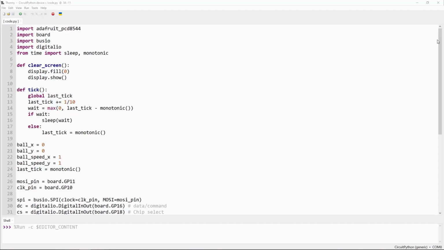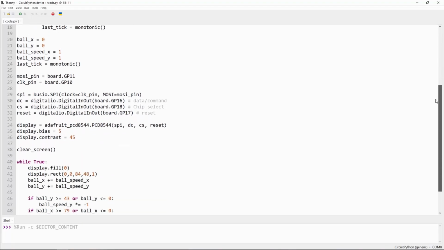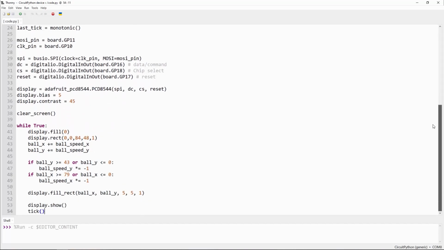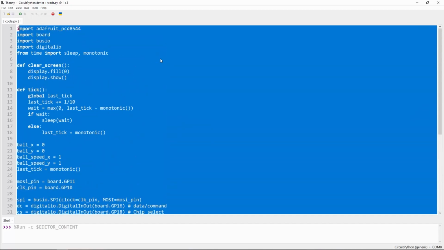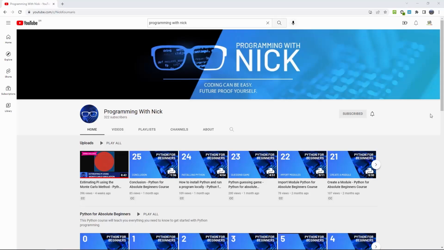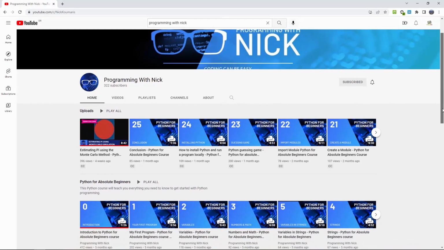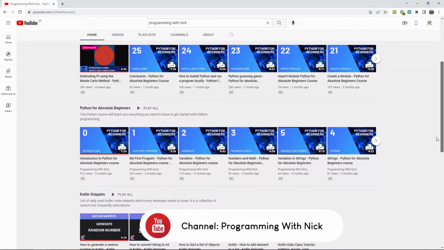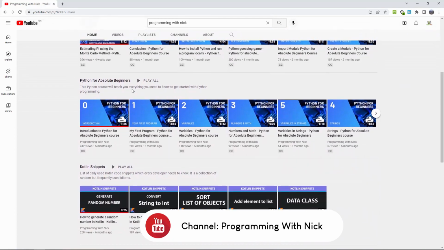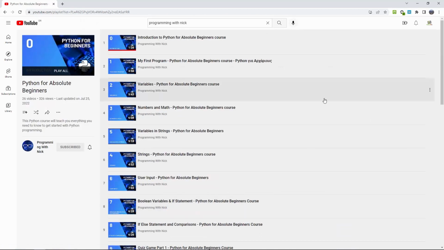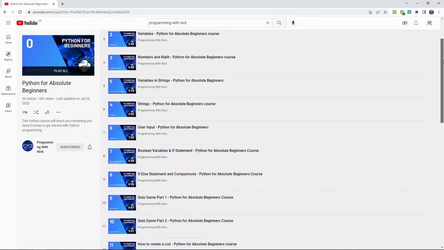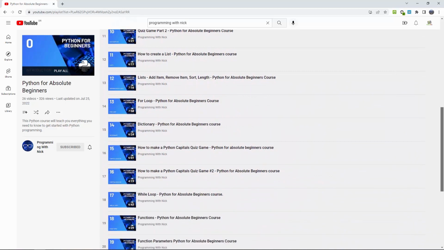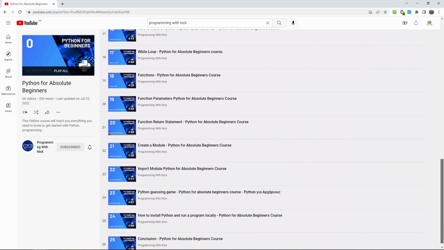CircuitPython makes development much easier, so if you haven't already tried it, I suggest you should give it a try. Of course, using CircuitPython requires knowing how to code in Python, which is another headache if you are not familiar with Python. In that case, don't worry, the fundamentals are very easy to learn. I have prepared a detailed course on my second channel about Python programming. It will teach you the basics in just a couple of hours. If you are interested in learning Python or CircuitPython, check it out now. I think it will help you a lot.